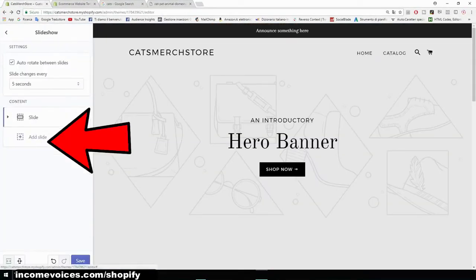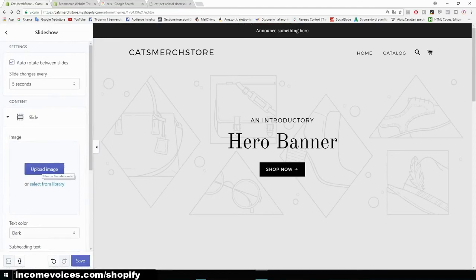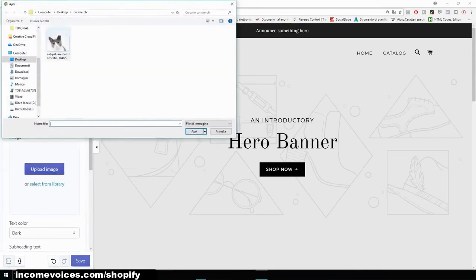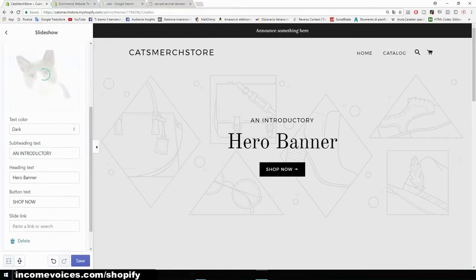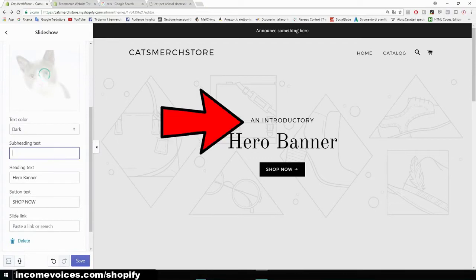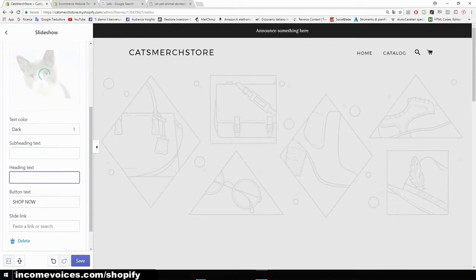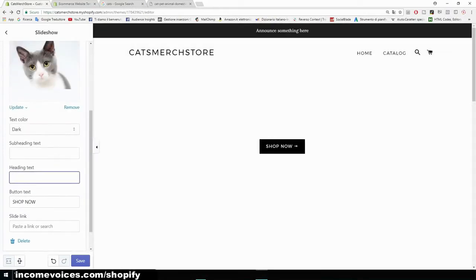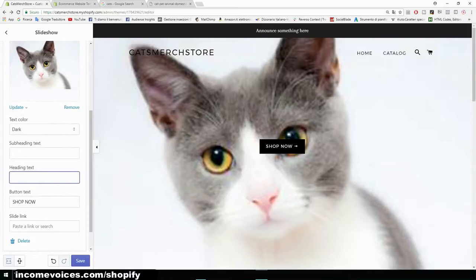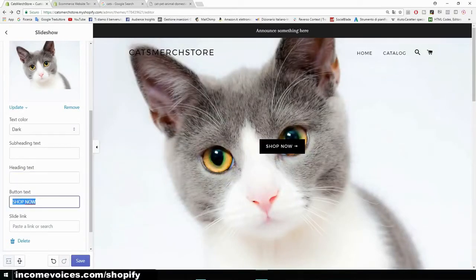Slideshow, slide, and upload image. Alright, let's see how it looks. In the meantime that it's uploading, I want to delete this text, also hero banner, and then we'll see if the shop now button is in the middle of the face of the cat. Let's see. Yes, it is in the middle of the eye, so I would delete the shop now button